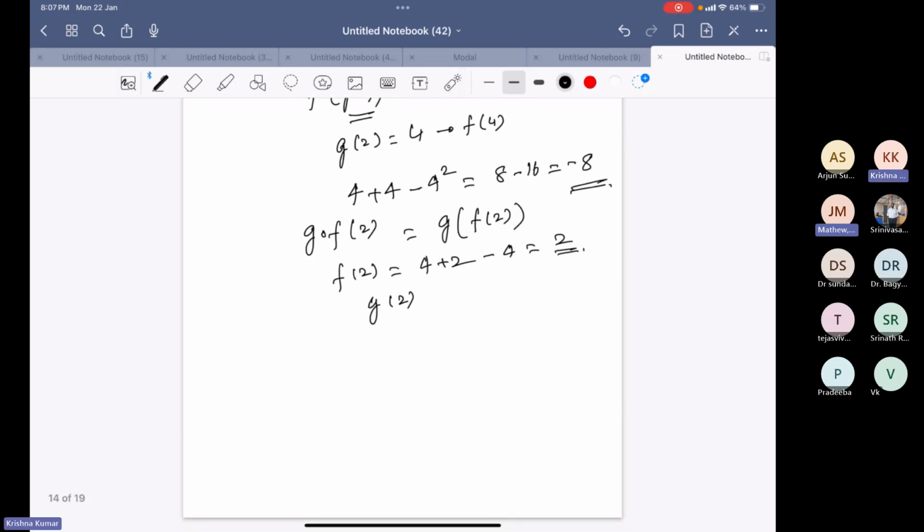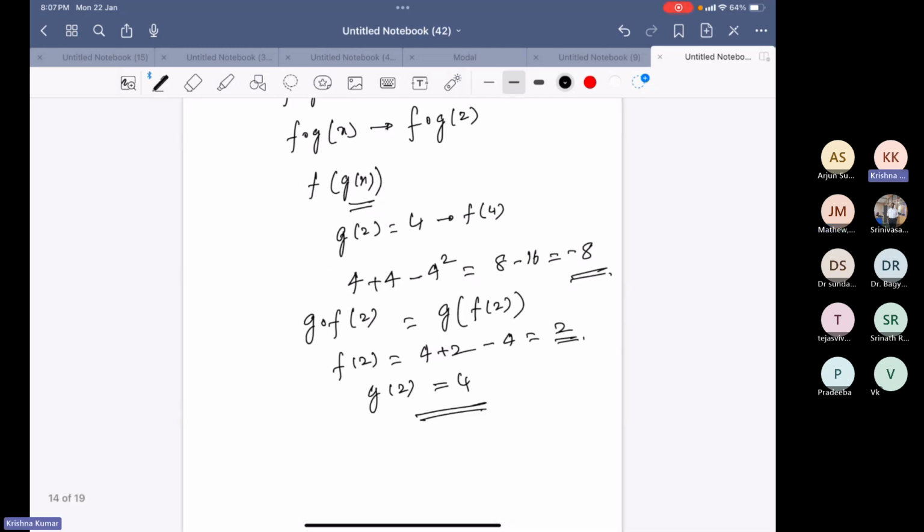2x, 2, 4. So note this carefully: when I put it like this, first I did g and then f. In this case, I did f first and then g. In other words, the inner function is f here, and the inner function is g there. I changed the inner and the outer function, and the results are different. So we write that f of g is not equal to g of f.